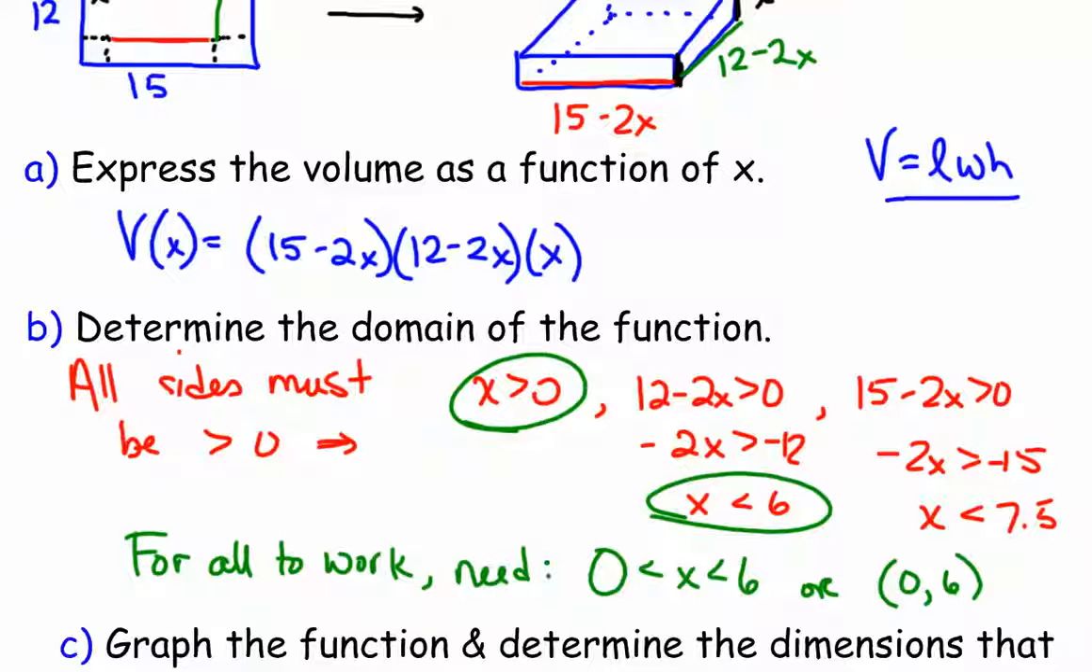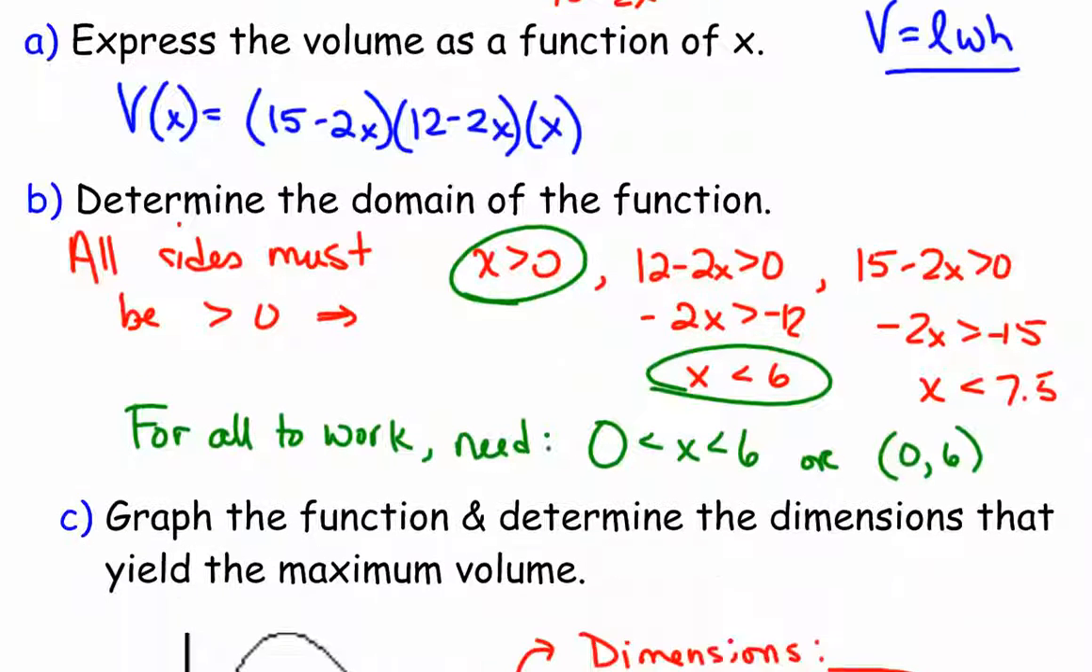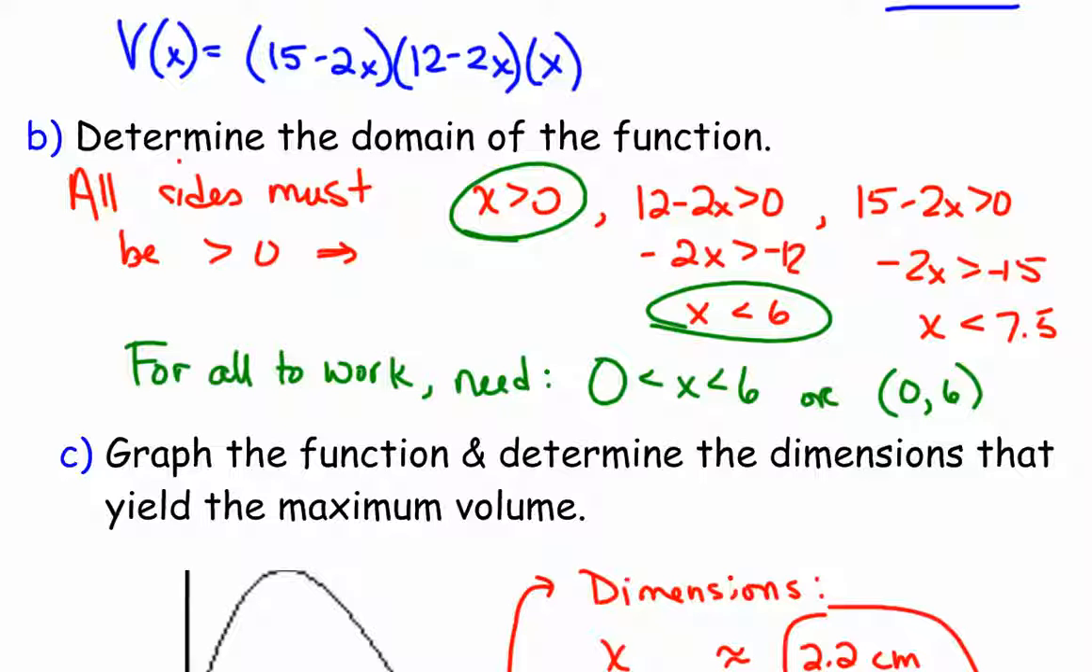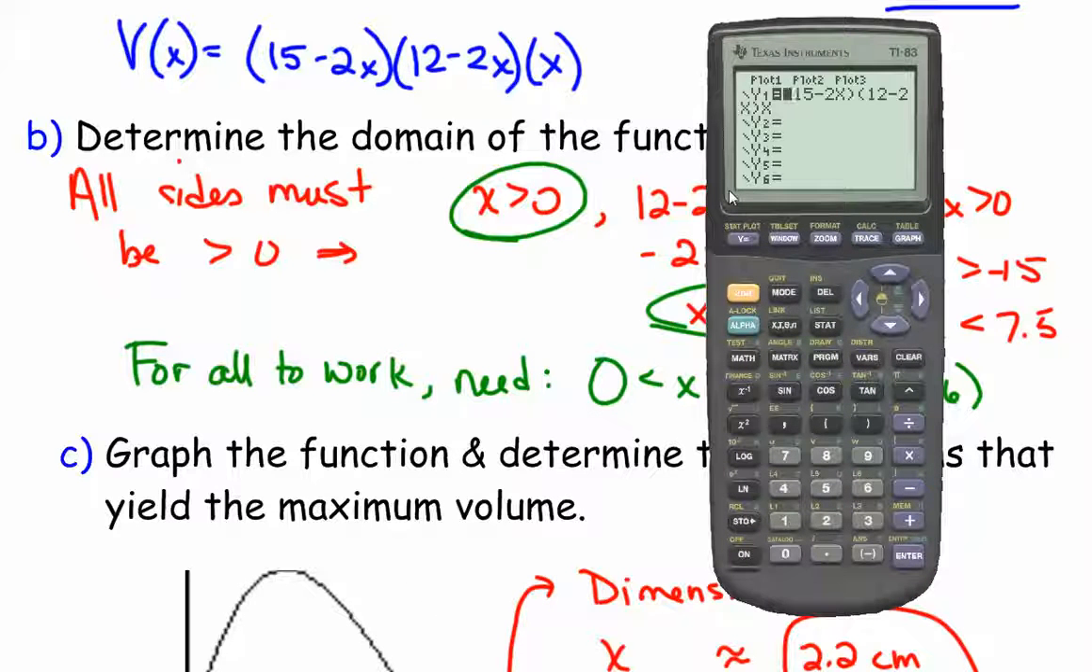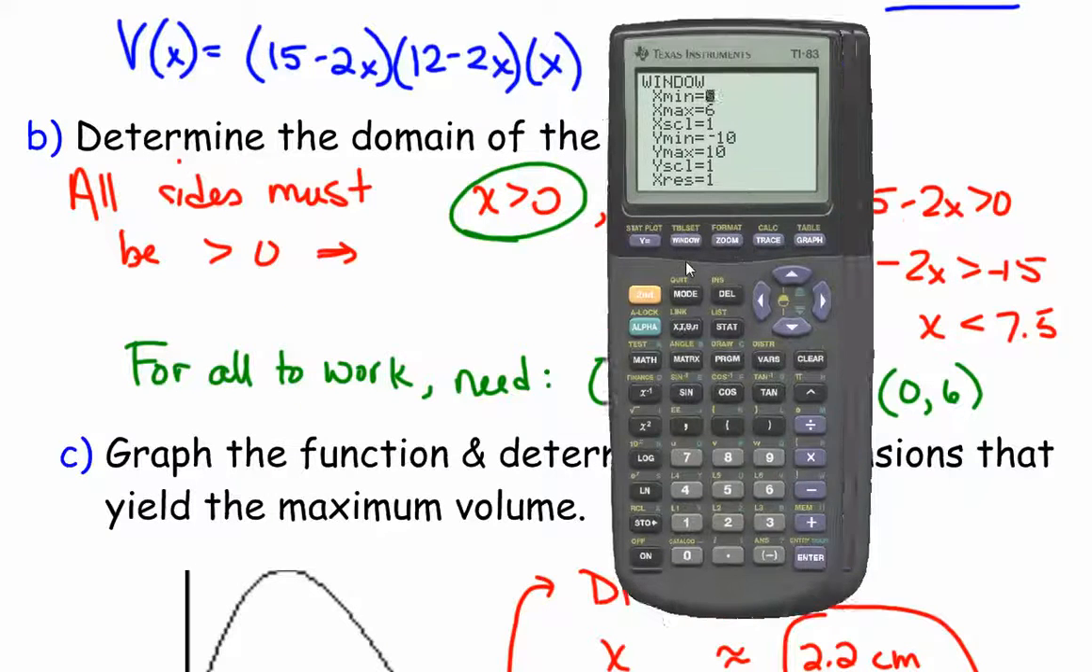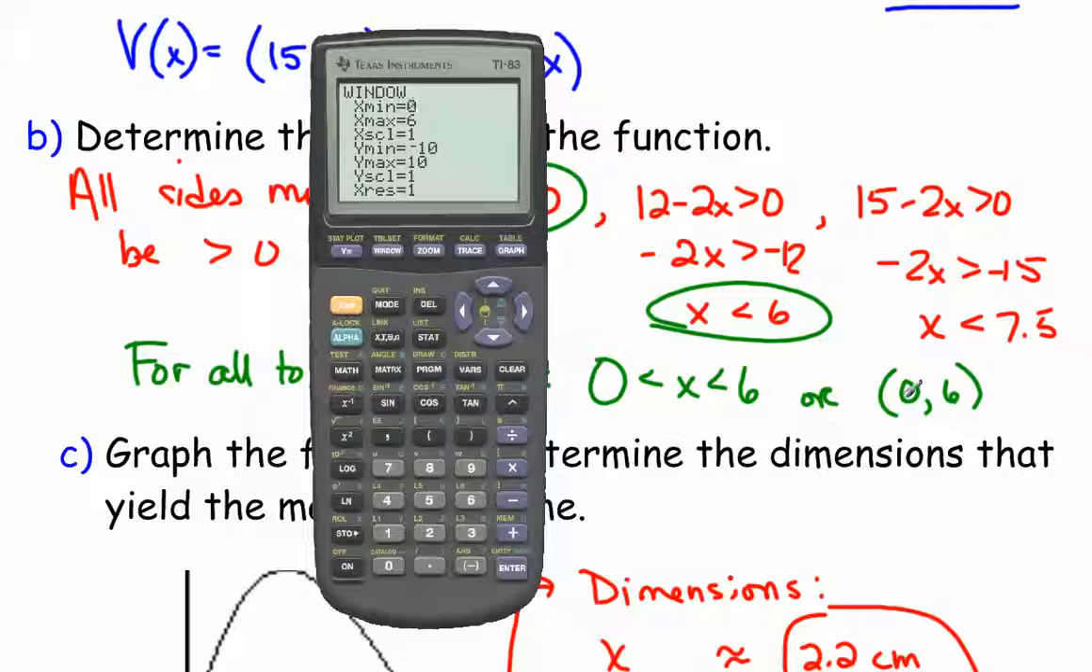So for the third part of our question here, they want us to graph the function and determine the dimensions that yield the maximum volume. Okay, so here is our function, and I've already put that in my calculator. And notice what I did. I just put it in exactly as we've written it there. I don't have to worry about multiplying it out for my calculator. As far as my window goes, we just discovered in part 2 that we need our x's to go between 0 and 6. So I went ahead and put my x's in, left my y's negative 10 and 10. If I graph it,